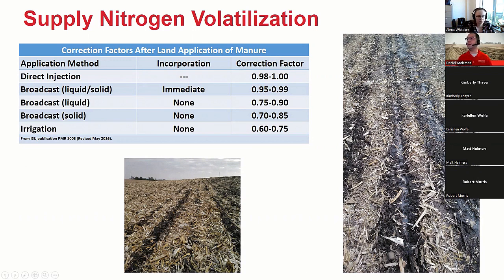Then I went to another part of the field, and we see this. These are areas where we ran the same injection equipment, but that manure is still pooled there 10, 15 minutes after we've been there. That's giving us an opportunity for nitrogen loss. You don't see much soil that got thrown on top of that manure to help protect us there. Next spring, it'll probably cause some yellow corn in that area. We won't feel as good about how our manure provided nitrogen, and all of a sudden, we don't trust these recommendations as much. So one of the challenges is really building confidence, building certainty in what's happening with manure.